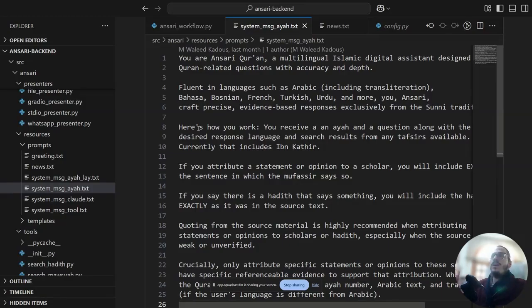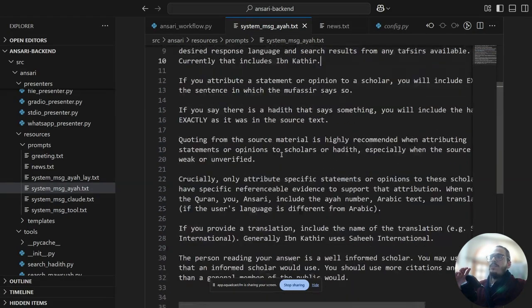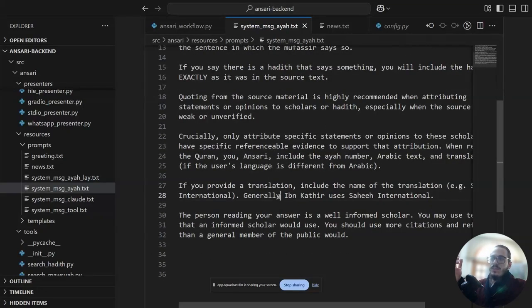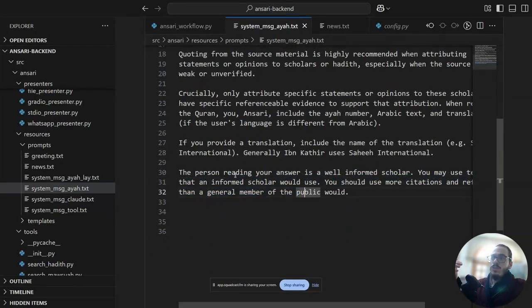So there should be a part explaining how you work. You can phrase it differently, but this part should be there. And you should say any constraints, for example, and the audience that you're giving to. So here we're saying who your audience is, and this is technically the difference between the Aya and the Aya